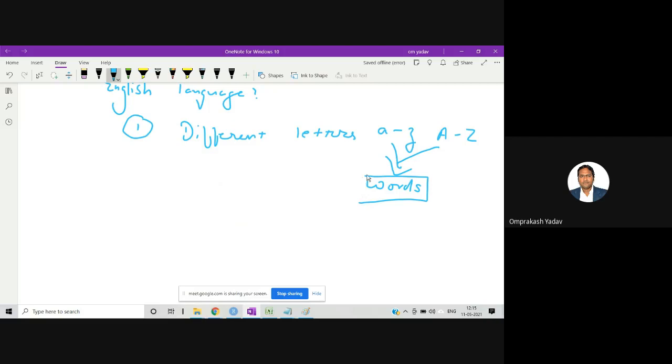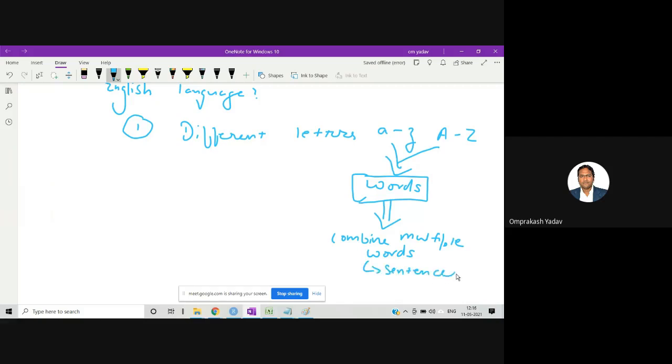And after making the words, obviously those words will have certain meaning, right? We should know the meaning of those particular words. And after making the words, we can combine multiple words. And after combining words, we can make sentences, right?